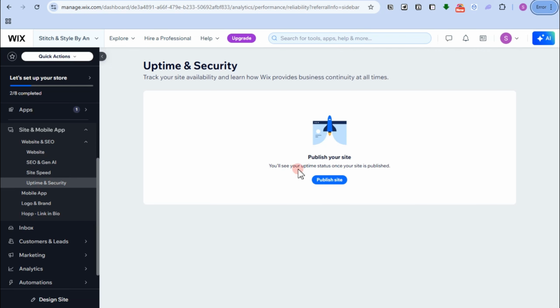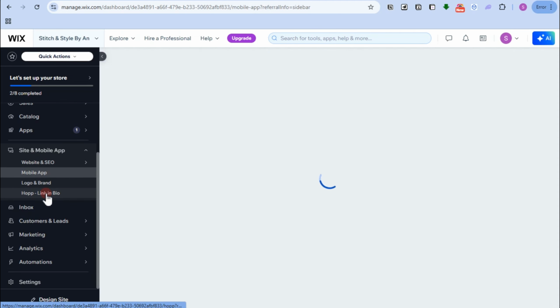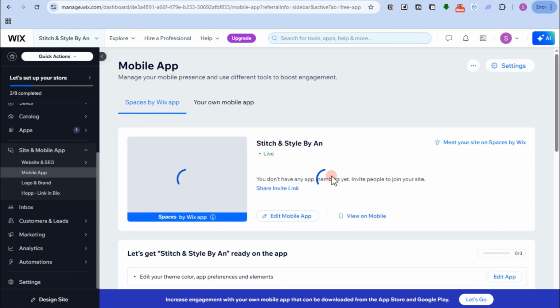Okay, so you'll see your app time status once your site is published, but right now there's no information here since we haven't published this site yet. Mobile application: if you want to connect your website to your mobile application, then